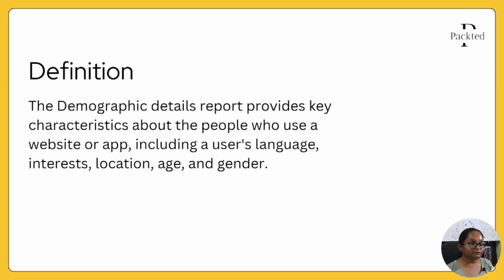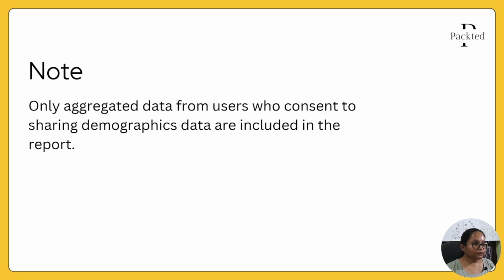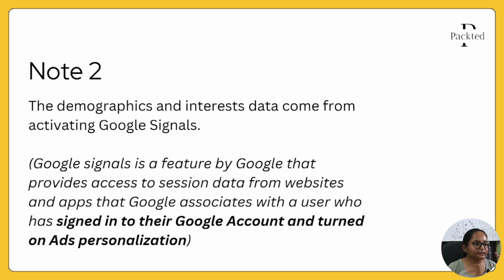that we will discover. So here we have a note that only aggregated data from users who consent to sharing the demographics data are included in the report. So people who have given the consent to share the data, only that data will be provided in the report. And the second note is that the demographics and interest data come from activating Google signals. So if you haven't activated the Google signals in your Google Analytics property, then you won't be able to see